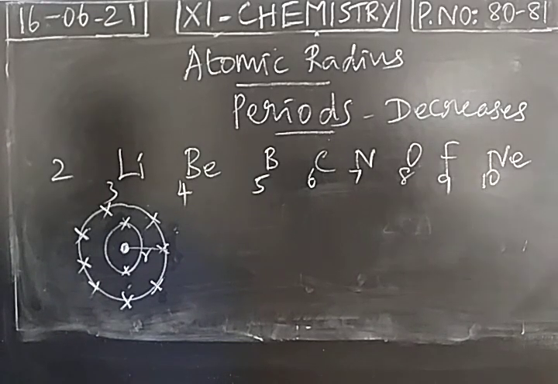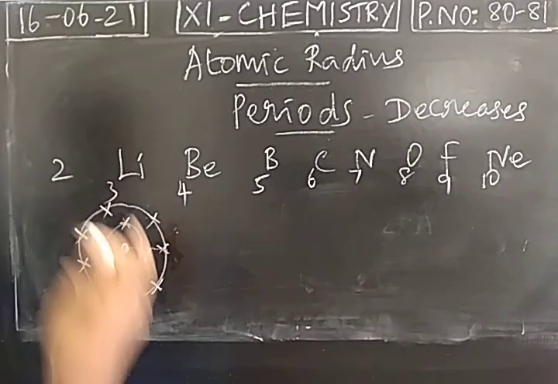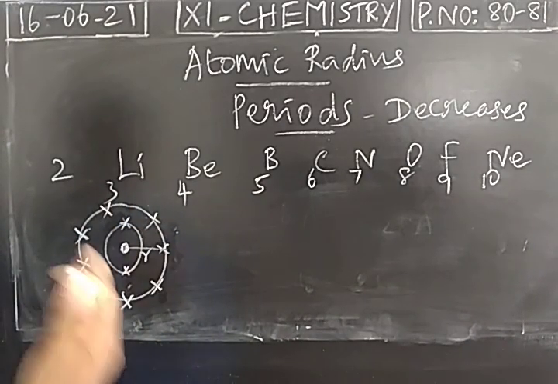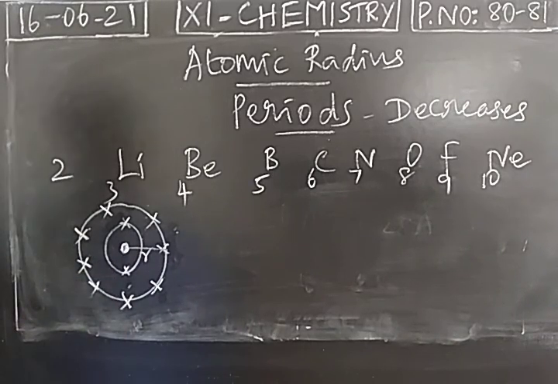When an atom has 8 electrons present in the outermost cell, it has stable arrangement. We say this is following octet rule. Oct means 8. So octet rule says an atom with 8 electrons in the outermost cell will be stable. So if an atom is obeying the octet rule, it will be stable. So when we think about lithium to neon in the second period, the extra electrons are added in the same cell. When electron is added in the same cell, definitely attraction between the proton and electron will be increased.